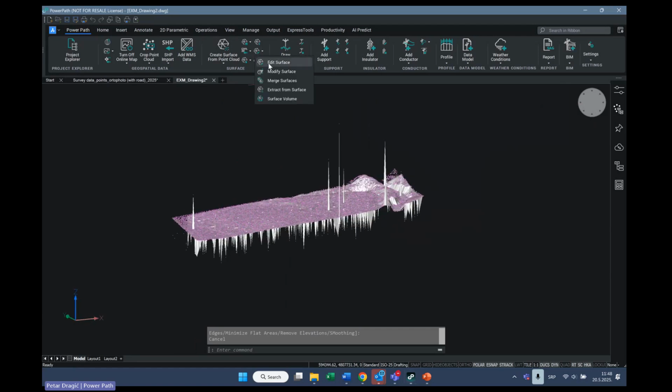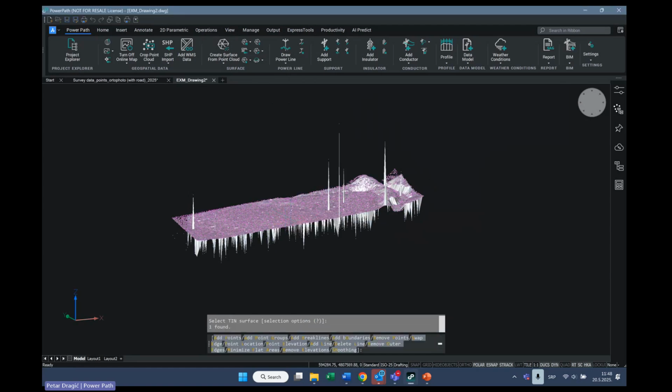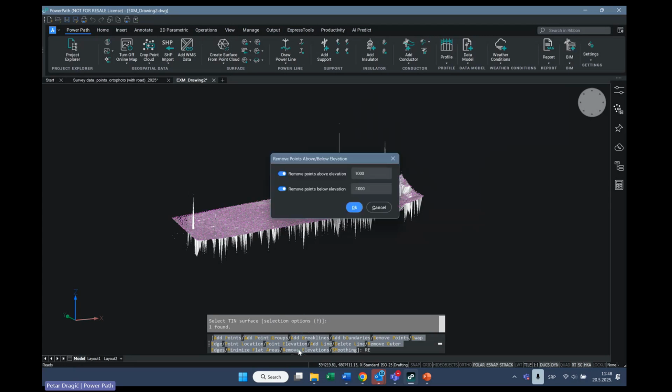But with the command under Edit Surface, if I click Edit Surface and select the surface, you have a command for Remove Elevations. And in this example, I want to remove all points under 399 and above 394.